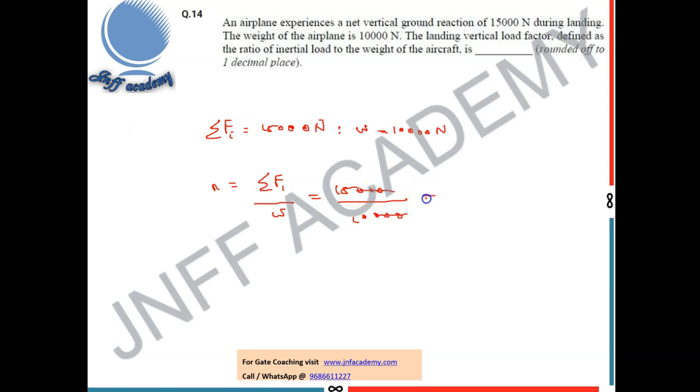the answer is 1.5. So the load factor is 1.5. Yeah, with this we have solved all the GATE 2024 aerospace questions